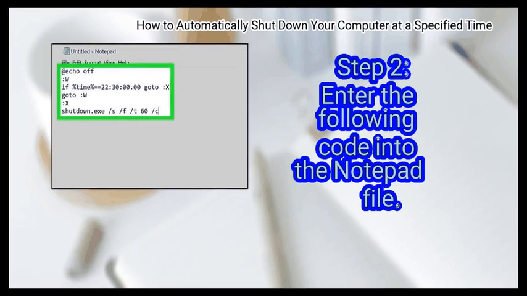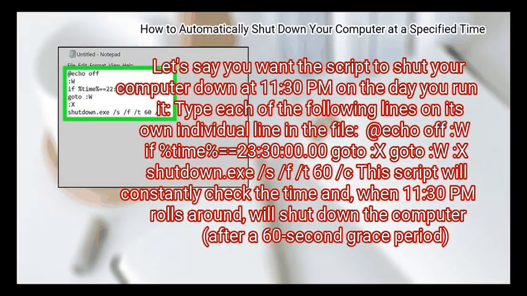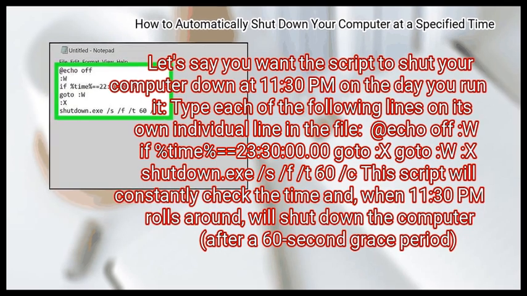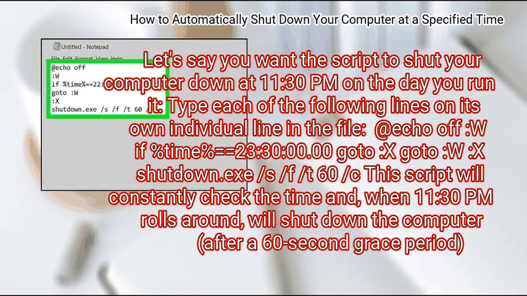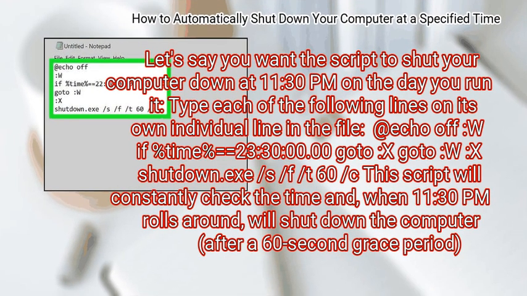Step 2. Enter the following code into the Notepad file. Let's say you want the script to shut your computer down at 11:30 p.m. on the day you run it. Type each of the following lines on its own individual line in the file. @echo off, :W, if %time% equ 23:30:00.00 goto X, goto W, :X, shutdown.exe /s /f /t 60 /c